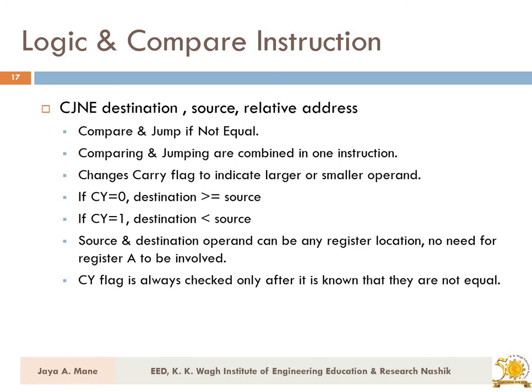Suppose I give an example of a cricket match. If A and B, two teams, are there, we make a comparison and find that the A and B teams do not have an equal number of runs. So which one is the winner and which one is the loser? We'll go and monitor the carry flag. If the carry flag is 0, then we'll say that the A team has more runs than the B team. If the carry flag is 1, we'll say that B has more runs.